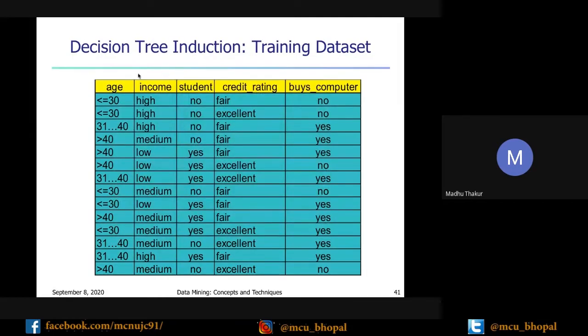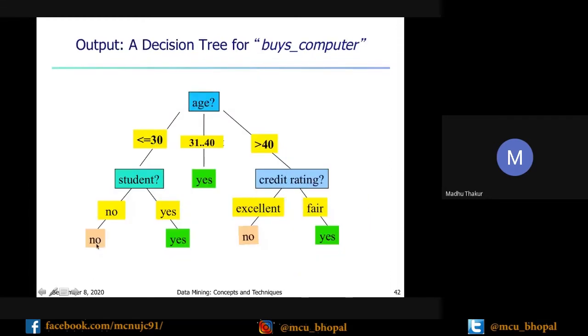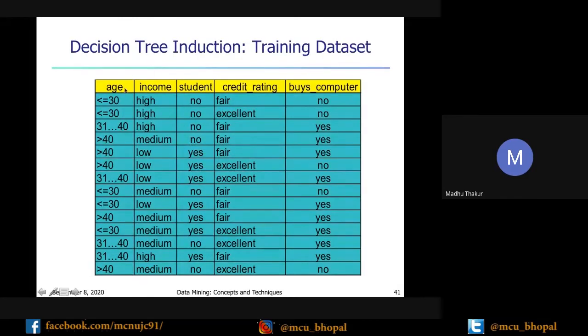So age is the top node. Now you have to divide the split points inside age. Three split points are found in age: one is less than 30, second is age 31 to 40, and the rest is age greater than 40. Now you have to classify accordingly.